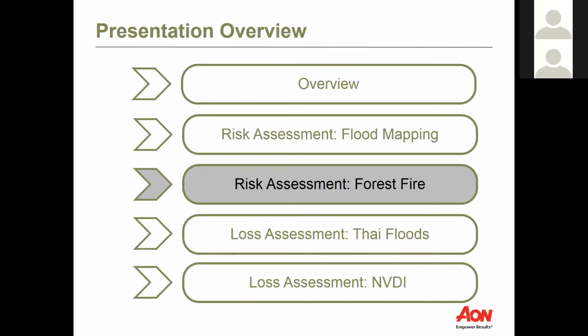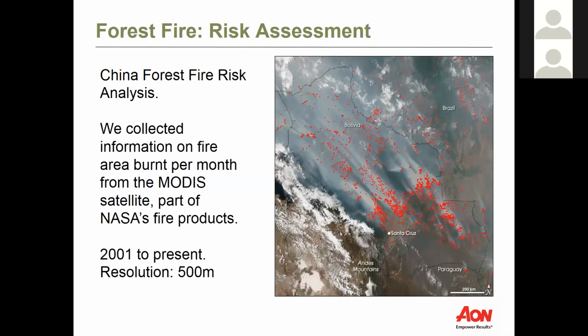Okay, so now I'm just going to show you some actual risk assessments that we've done for forest fire in China. And I'll also show you some loss assessment stuff later. So, forest fire in China. I was involved in building our China crop model. So we have a model which